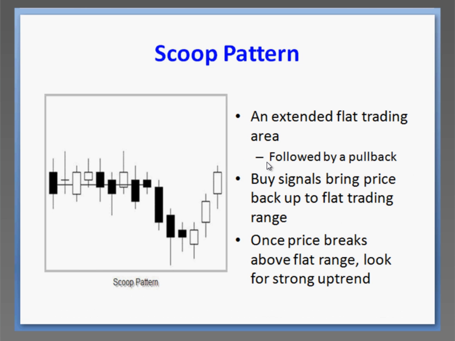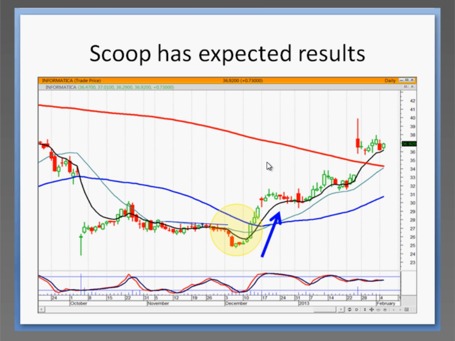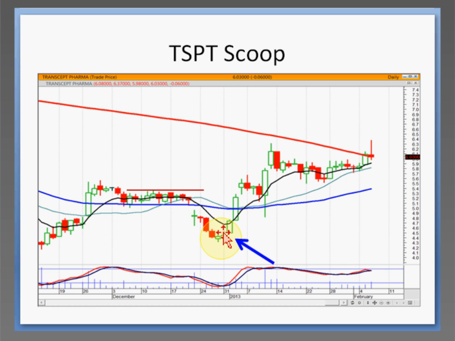The scoop pattern looks like a scoop. It usually has a flat handle prior to the breakout. So right here would have been a resistance level, which was also the flat handle and the 50. But knowing that if we're buying down here, we have the potential of that scoop pattern because of the flat handle, looking for the slingshot effect to the upside. So we can be buying here or we can be buying here, knowing that the